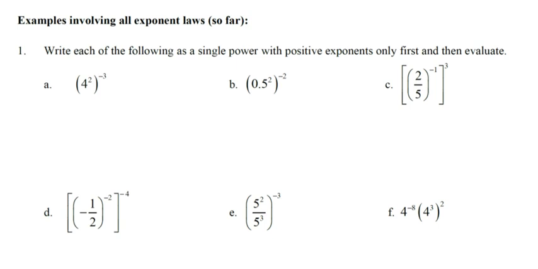Examples. All the exponent laws. Write each of the following as a single power. Okay, so a single power with positive exponents only first, and then evaluate. If it's a variable, like x to the -2 to the power of 5, you're just going to write it as x to the -10, and then 1 over x to the 10th. In this case, 4 to the 2 to the -3, you're going to use your exponent laws. You're going to get a negative exponent,